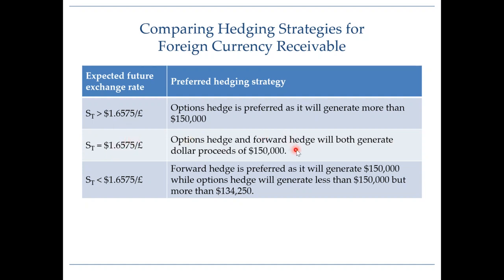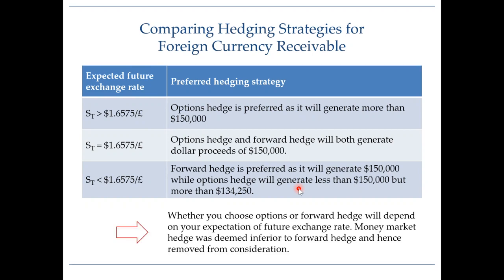$1.6575, options hedge and forward hedge will both give us dollar proceeds of $150,000, so we are really indifferent between the two. But if the future spot rate happens to fall below this break-even exchange rate number, forward hedge will be preferred because it will generate dollar proceeds of $150,000, while options hedge will generate less than $150,000, but remember, of course, more than $134,250. So what it means is whether we go with forward or options hedge really depends on our expectation of